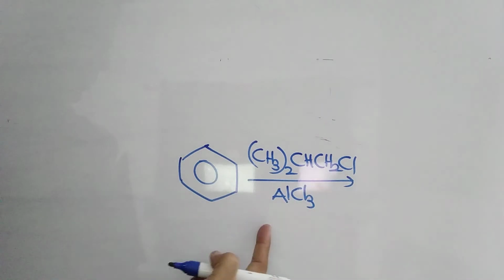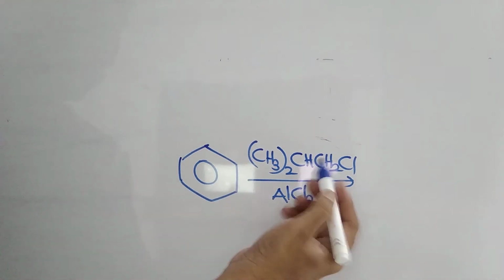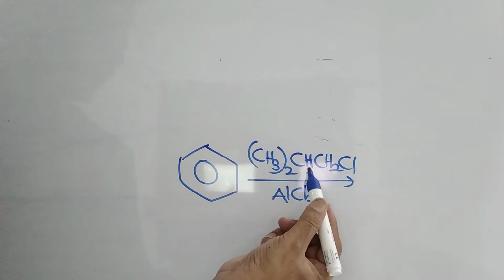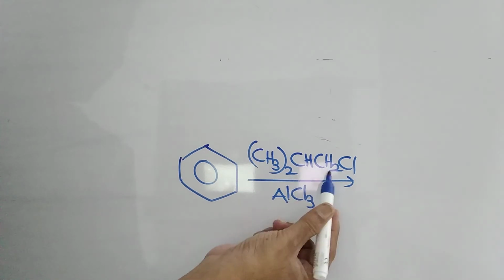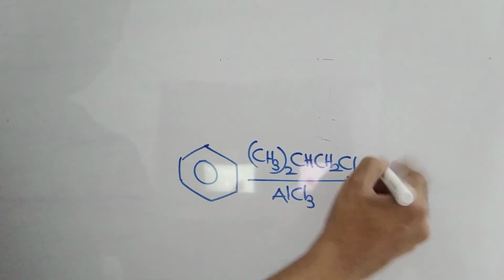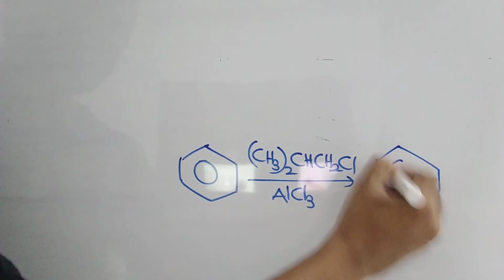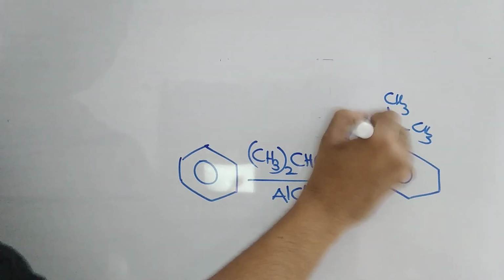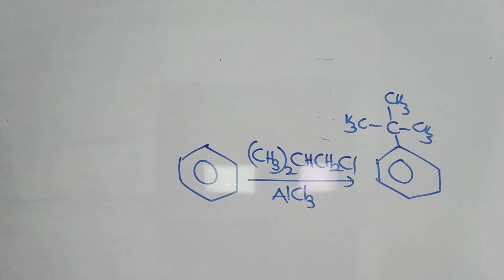First, chlorine goes as AlCl4 minus. So a carbocation will be formed on this carbon. It's a primary carbocation, so a hydride shift will take place from here, so that it becomes methyl and this becomes a carbocation. Now you are right. It is benzene with a tertiary butyl group. So in all these reactions, there will be a slight change in the product because of the carbocation stability issue. You will be getting tertiary butylbenzene. This is one interesting reaction.